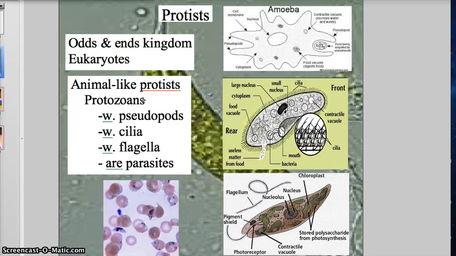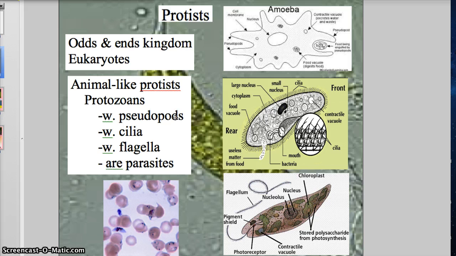These protozoans, some of them move around with what's called a pseudopod. Some of them move around with cilia, some of them move around with flagella, and there's another classification after that. But let's talk about these three that move around three different ways. That's a classification of them. A pseudopod, literally,